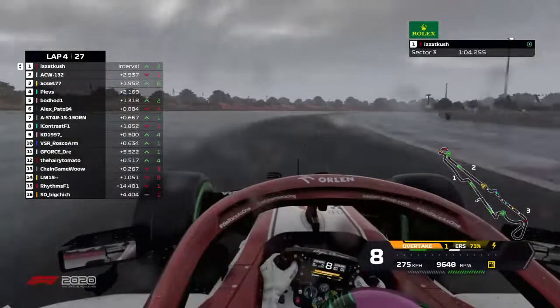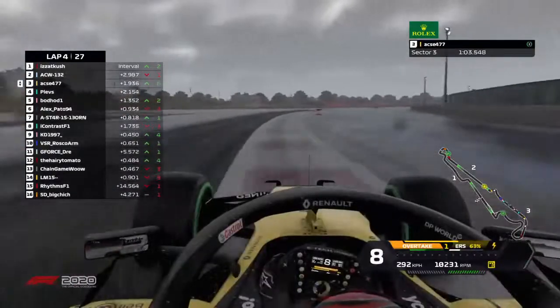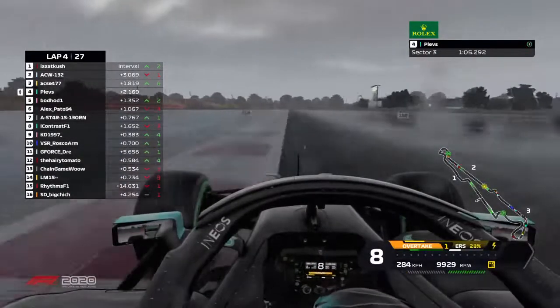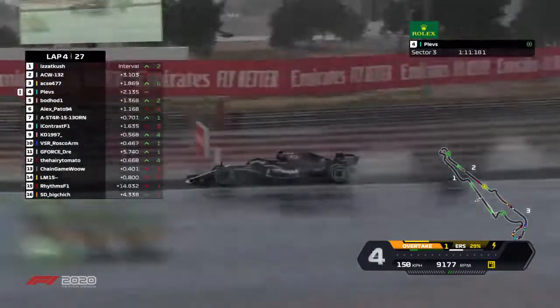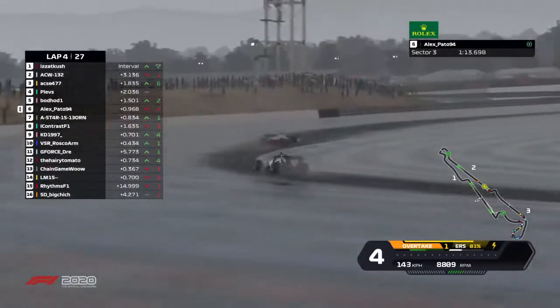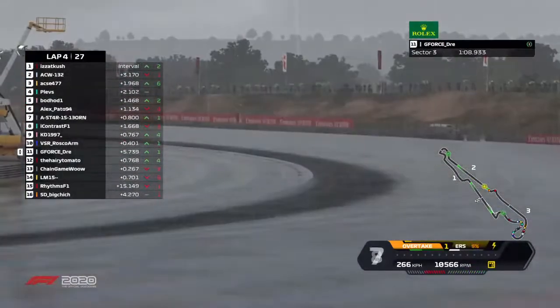See here through turn 10, not touching the curb. That might be a thing that these drivers do. ACSC absolutely using all of it though. But yeah, you don't want to touch any of the painted stuff in these conditions. Just instantly spin out. So while this midfield battle is going on, I just caught my eye to the minimap,